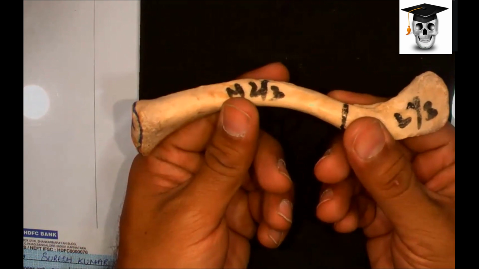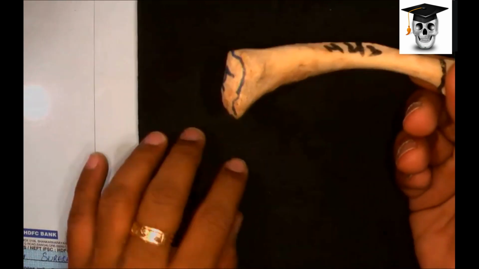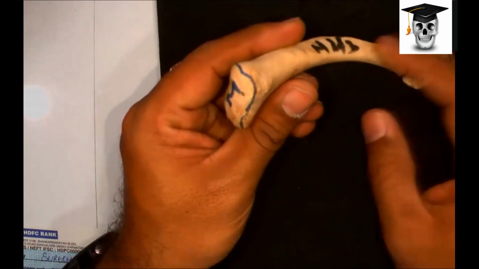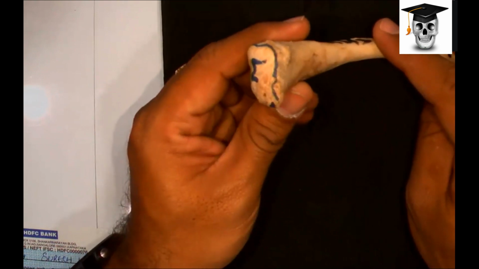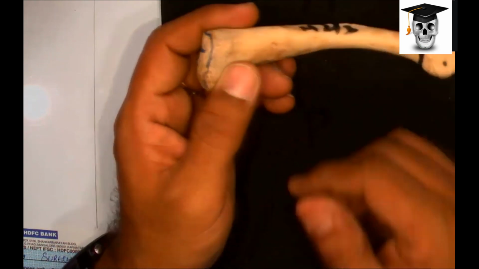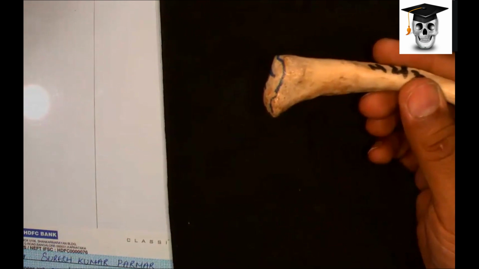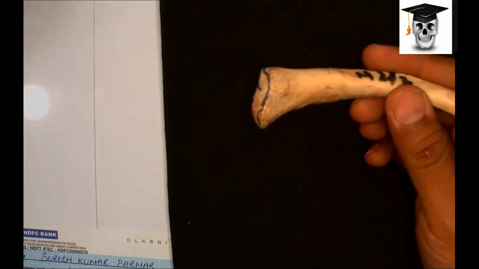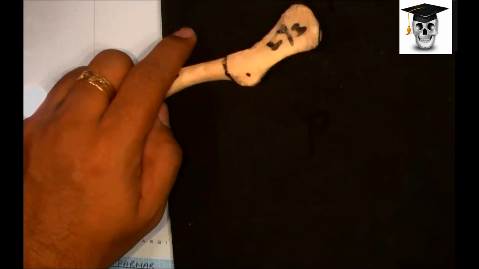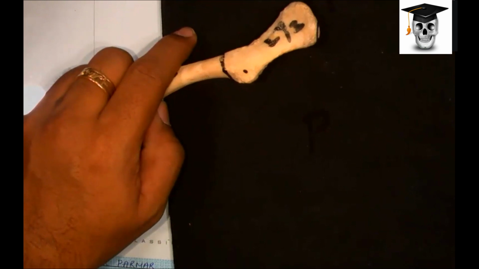All okay? Let us go back again to the medial end. As I told you, it is broad, quadrangular, and articular. It is articulating with the sternum. The sternum is a big bone, so which part of the sternum does it articulate with? You can see here it articulates with a part of the sternum called the manubrium.